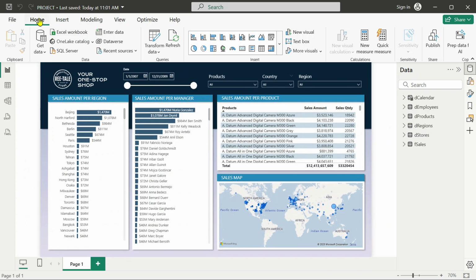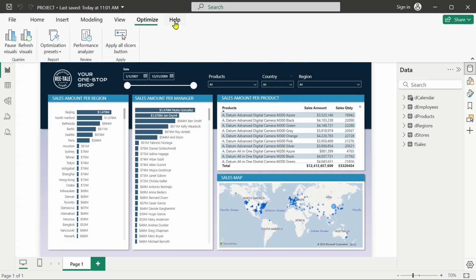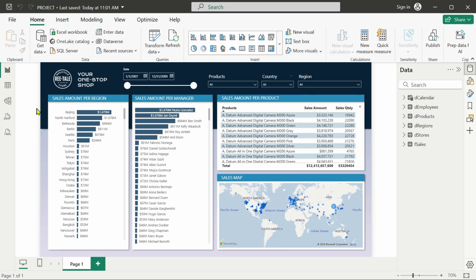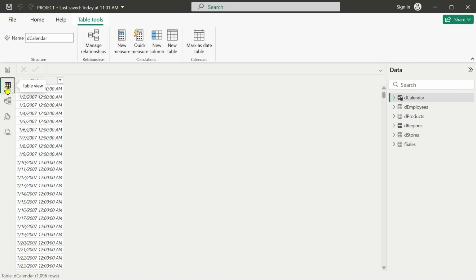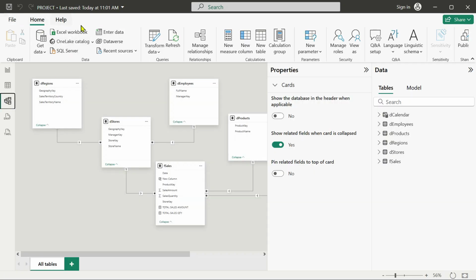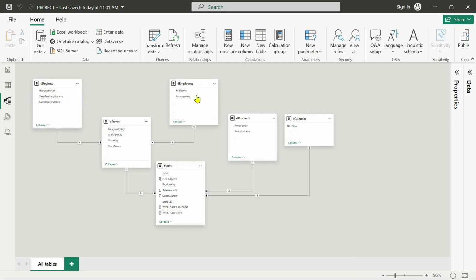On top, we have different tabs, and each of these tabs will give you many different resources. Of course, we're not going over these buttons right now, but I want you to know that, like I said, your options will change according to your context. So you can see from the report view that I have 7 different tabs. But if you click the table view, then you only have 4 tabs. On the model view, you only have 3 tabs, which means your choices are changing from view to view.